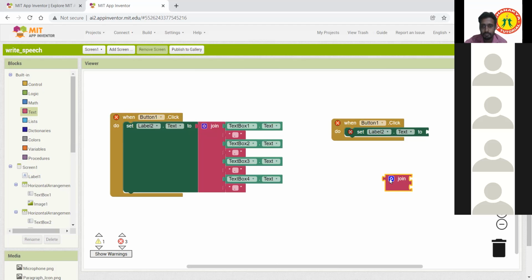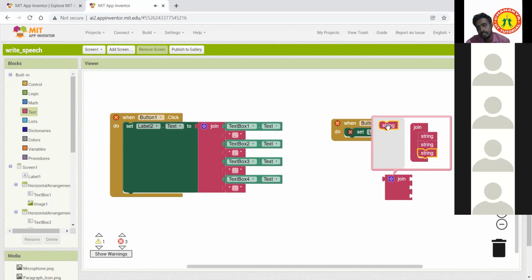Can you see this blue color button? Click it. Can you see string? Yes, sir. So just add it here. Then we can add n number of times. Yes. So add it like this.